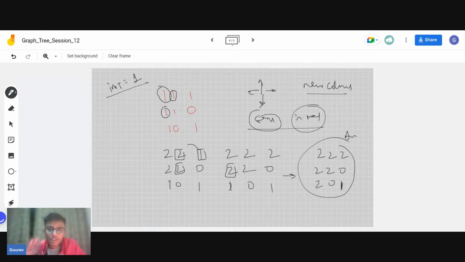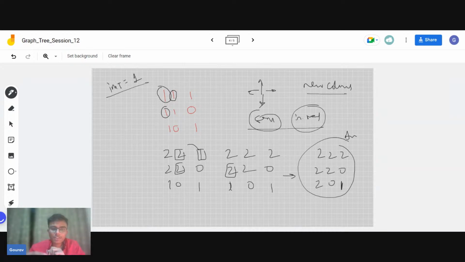Now, in order to travel the four directions, we just saw in the previous example that we were able to travel all the four directions using a distance array. So we will do the same here also. We'll keep a distance array and it will help us travel all the four directions. So in the DFS call, we will start with an unvisited neighbor, color all the pixels that have the same initial color, and at the same time, we will also mark them as visited. In this way, we will be able to color all the pixels which have the same color and perform the flood fill algorithm. So this DFS traversal will help us do that, right?